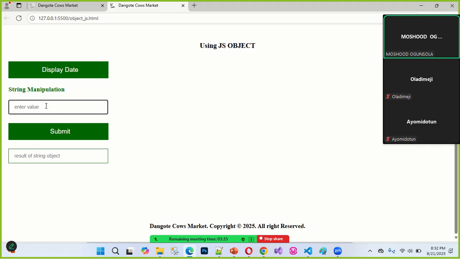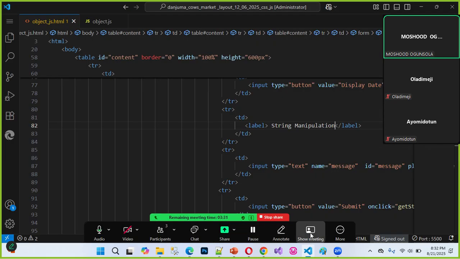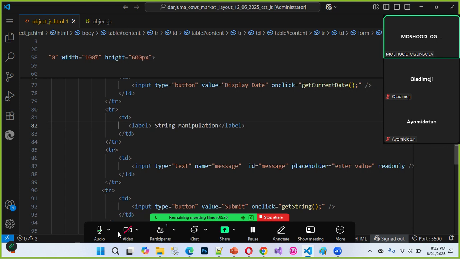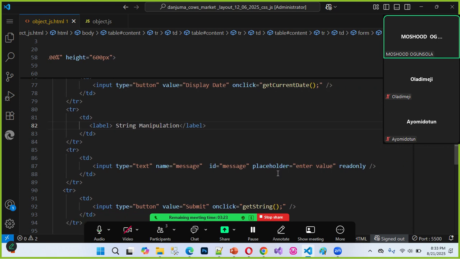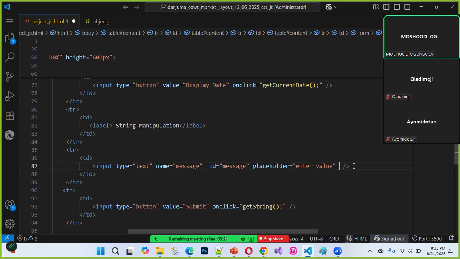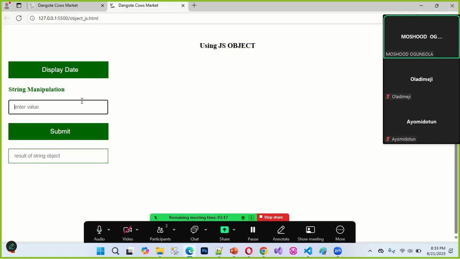I say okay. Oh, it's read only. Let me see where I'm entering the value to now. Okay, so I can't enter anything here. I remove read only there. Good. So here now back to here, and I say well God